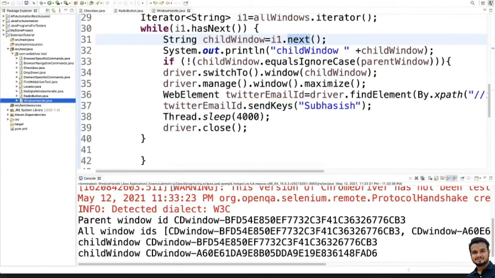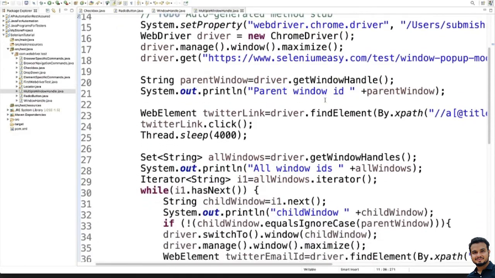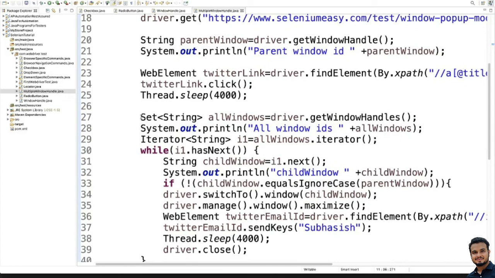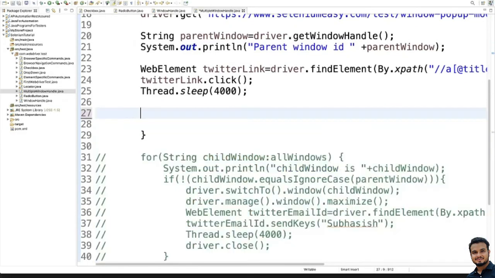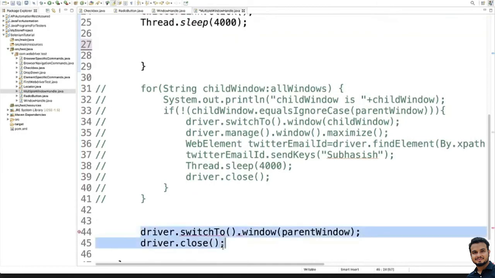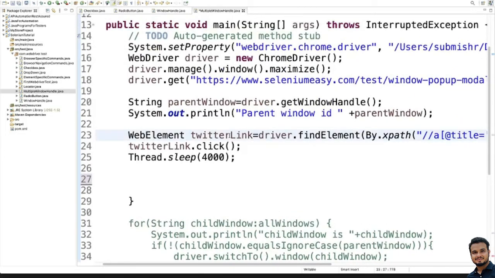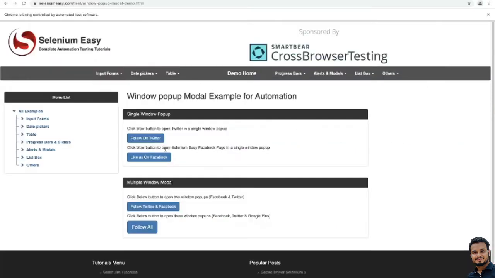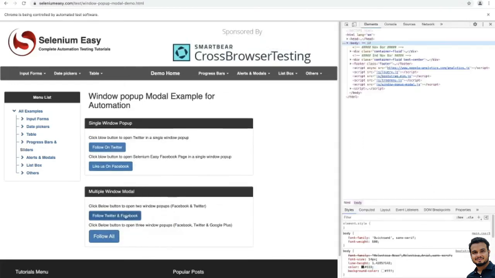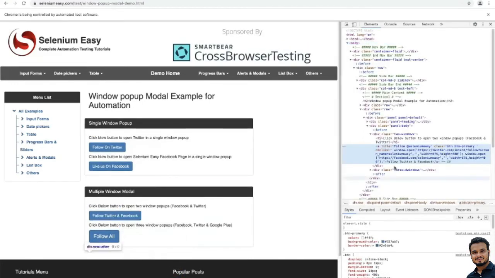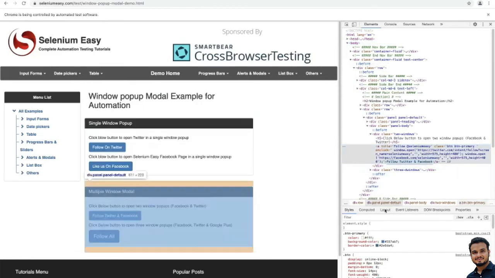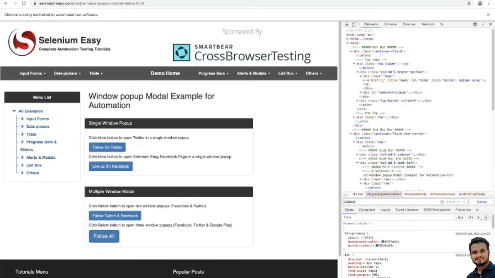Fine. Okay, let me delete what we don't need. Okay, so let me delete this, and this also we don't need. And here instead of Twitter link we need Twitter and a Facebook link. So for that let me find the XPath. So I'll inspect and let me write the XPath for this, and here we'll write a, then text function